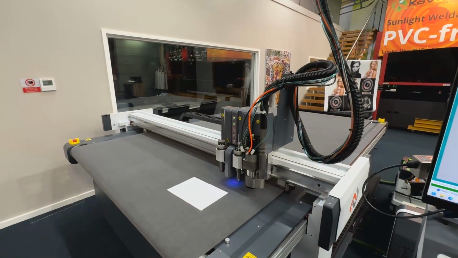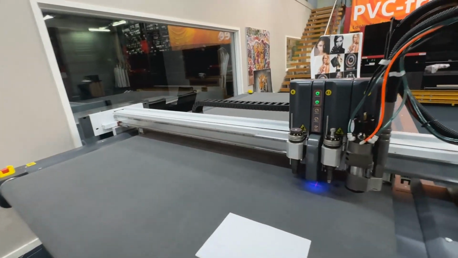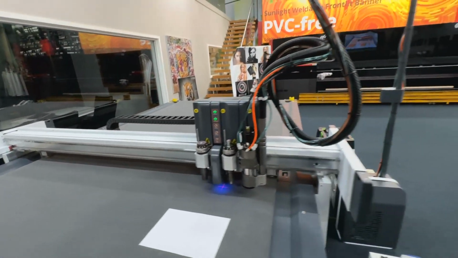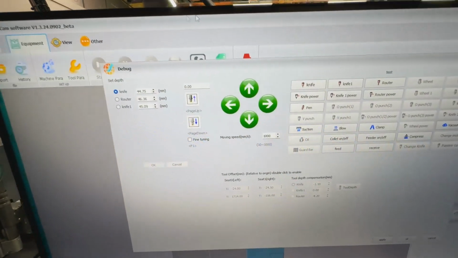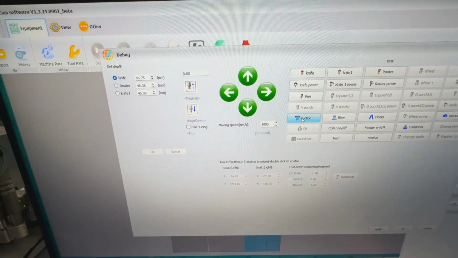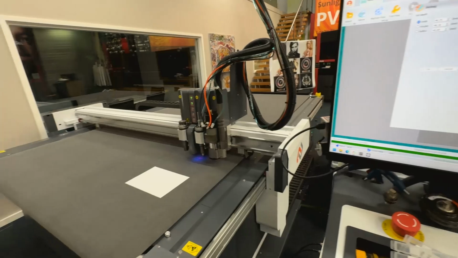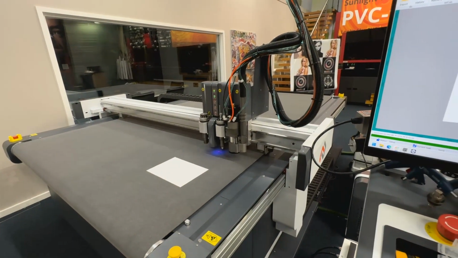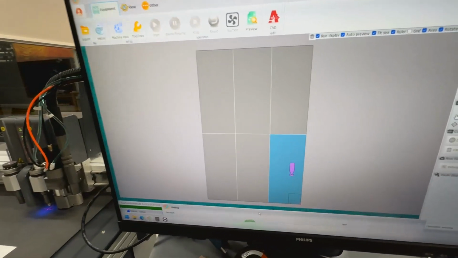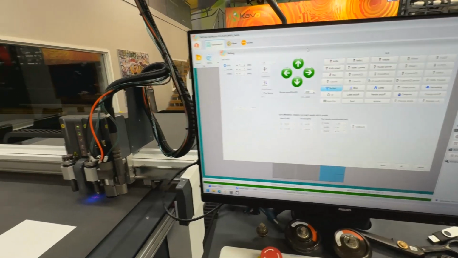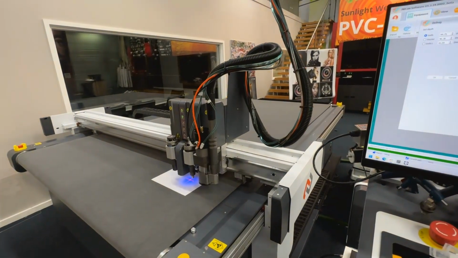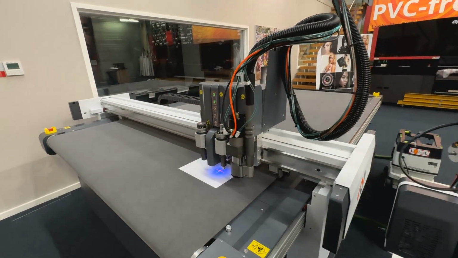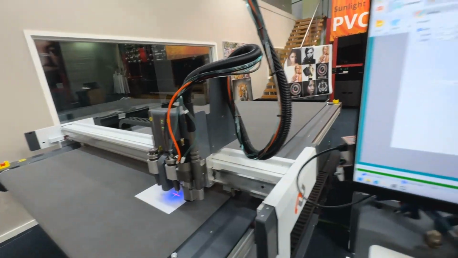I'm going to move the head out of the way. I'm going to put my paper back underneath. But this time I'm going to turn my suction on. That's going to turn the suction on in my bed. You'll also see that I've only got this one suction zone on. I'm going to put the head back over the top of my paper, and then this time I'm going to